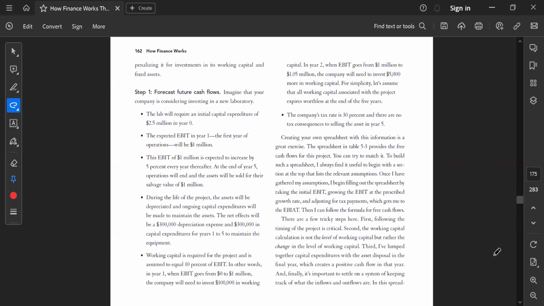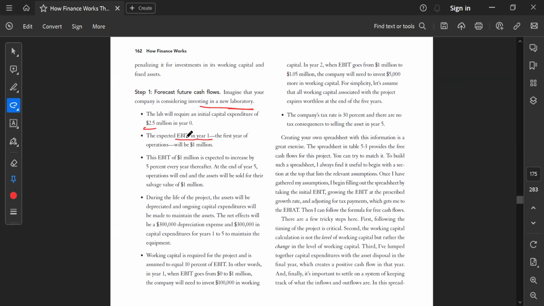ओके, सो यहाँ पे एक एक्सरसाइज दिया हुआ है, आप देख सकते हैं। सो हम एक सैंपल बिजनेस का वैल्यूएशन करने वाले हैं। उसके लिए हम देखते हैं, इमेजिन दैट योर कंपनी इज कंसिडरिंग इन्वेस्टिंग इन अ न्यू लैबोरेटरी। एक नई लैबोरेटरी में हमारी कंपनी इन्वेस्ट करेगी, और उसके लिए पहले साल में $2.5 million का एक्सपेंस पड़ेगा।